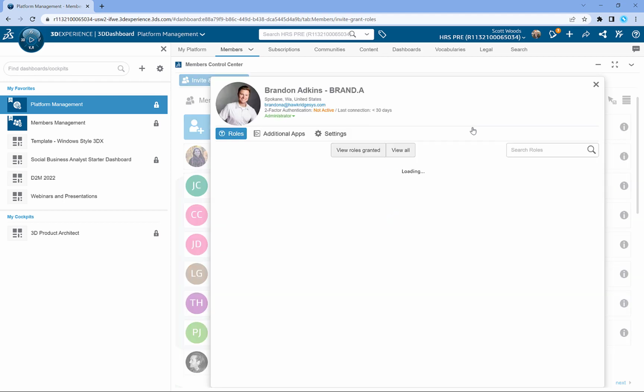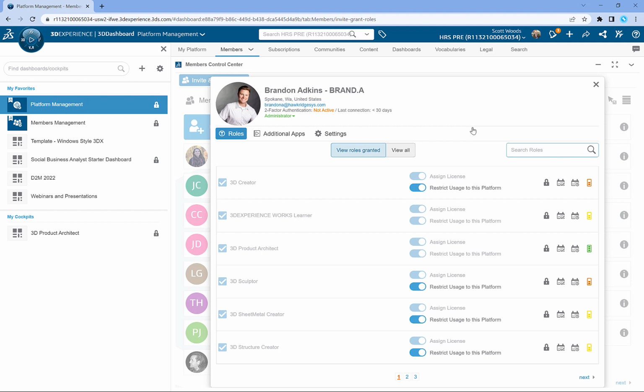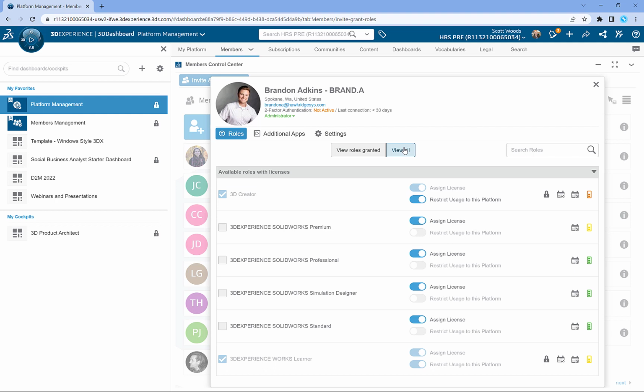This will bring up your user account and display all the roles you currently have enabled. In this list, identify the roles that you've purchased and want to add to your user account. Most likely, that will either be 3DEXPERIENCE SOLIDWORKS or Collaborative Designer for SOLIDWORKS. In this case, I'm going to be installing 3DEXPERIENCE SOLIDWORKS, so I'm going to go ahead and select that. It automatically assigns the role, so now we can close this